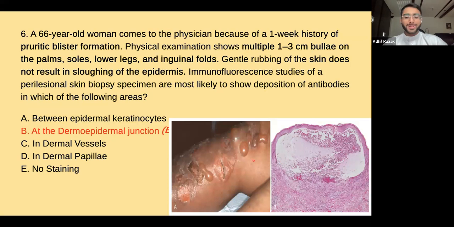All right, so I did add a picture for this one, thank God. This is what it looks like. There are these bullae, about 1 to 3 centimeters, big, and if you rub them, it does not slough, a negative Nikolsky sign. And as you can see, it's a thick, bubbly layer with all kinds of mess going on in the histology. So this is pretty characteristic of